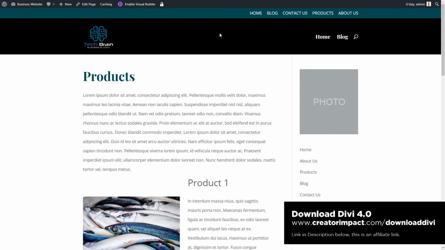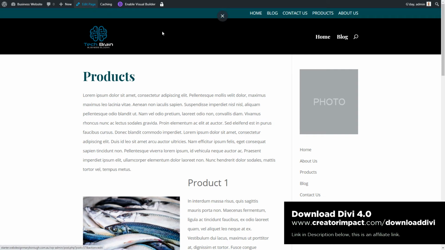The good news is if you do change themes, you can download the Divi Builder plugin and it will keep all those pages intact. So you don't have to worry too much about losing what it is that you've actually built. But if you're not certain which sort of builder was used for a page, I pretty much always recommend